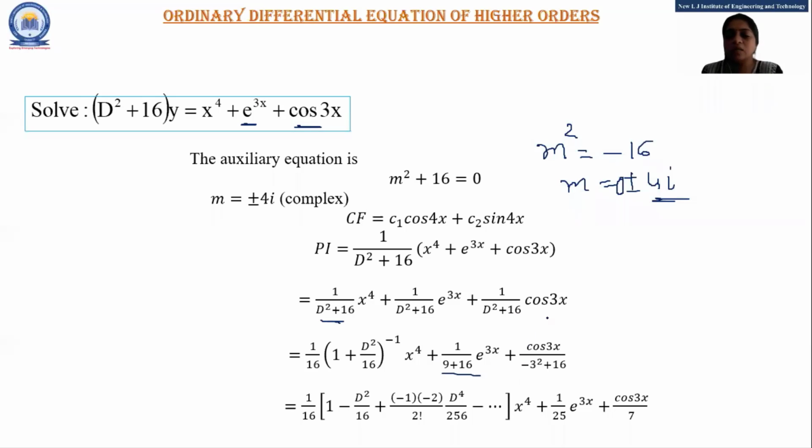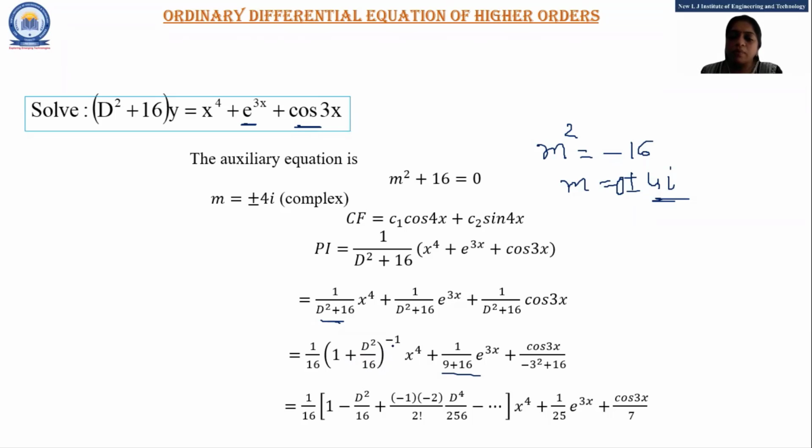And for the last term, as per the rule of case 2 for the cos and sine term, the multiple of x in this last term, I have to replace in the d square and put a minus sign before that, which we discussed in our yesterday's lecture, right? So here 3 square with a minus sign. So minus 9 plus 16. Okay. Let's move to the next step.